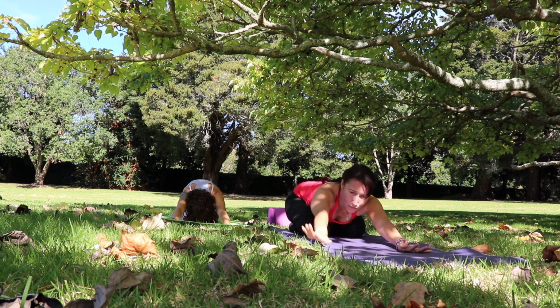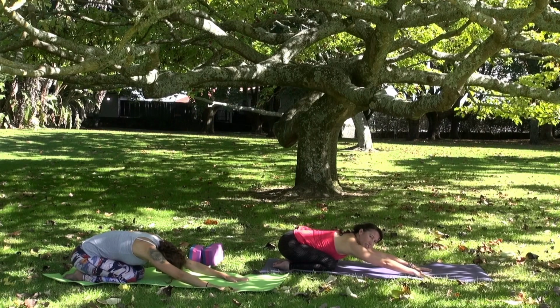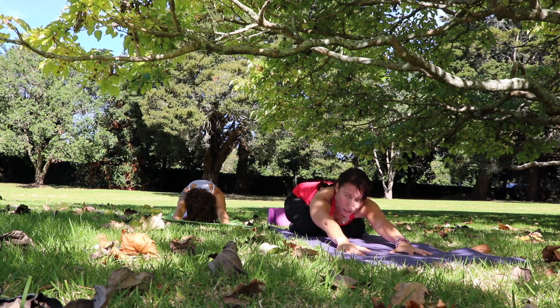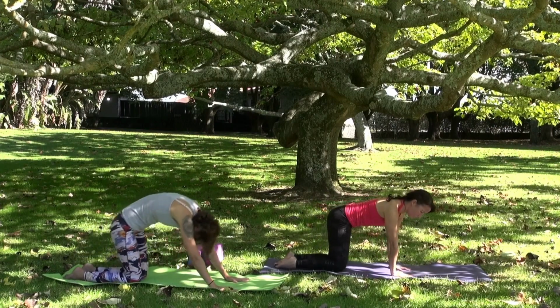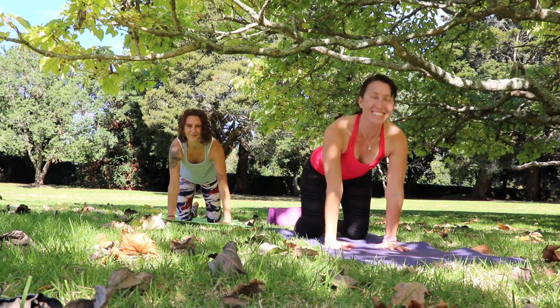Reach your hands out as far as you can go. Reach those fingertips into the floor and really grab into the floor there. Draw your shoulders down the back and try and sink your hips towards your heels. Feel all of that stretch. Soften out that grip and roll up to your tabletop position, stacking your wrists underneath your shoulders and your knees